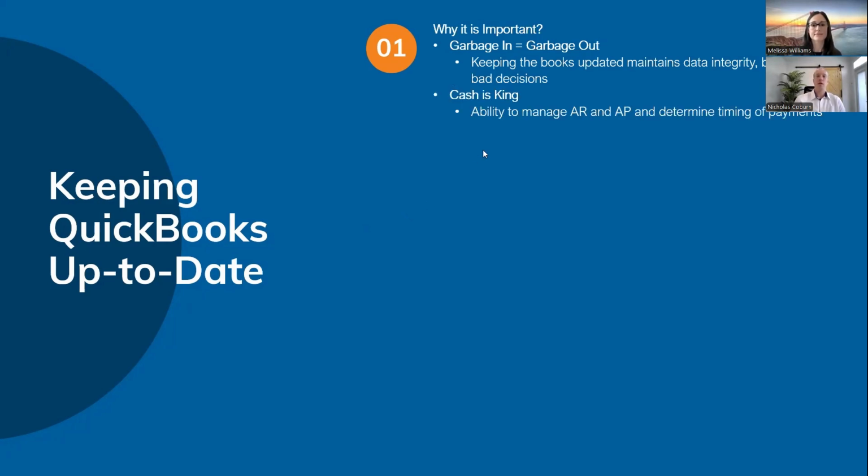Cash is king. Stay on top of your AR and AP, as we said. Make sure that you are not paying your bills faster than you're getting paid. Make sure that you are staying within those. What's the forecast? So help navigate the cyclical natures we talked about.